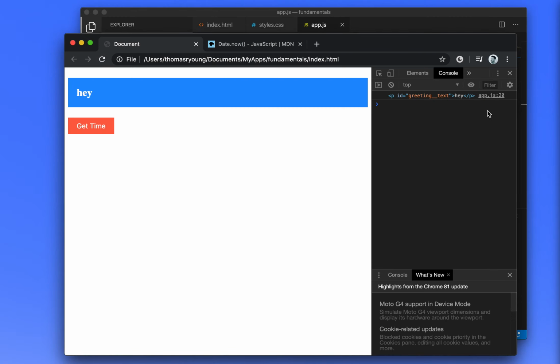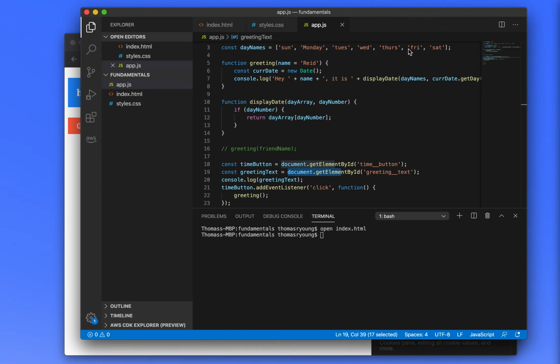Okay, so we can see that we're getting this whole paragraph element up here. And yeah, this is a cool thing about the console, is you can highlight here and it'll actually just show you what's going on, so you guys can see the padding and everything that's around that hey string that's inside of here. So rather than manipulate this entire paragraph tag, what we want to do is replace what's called the